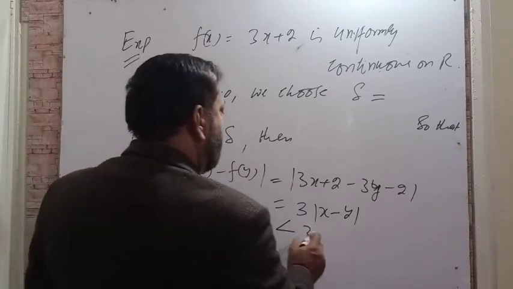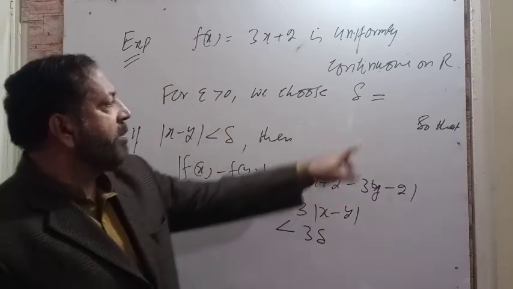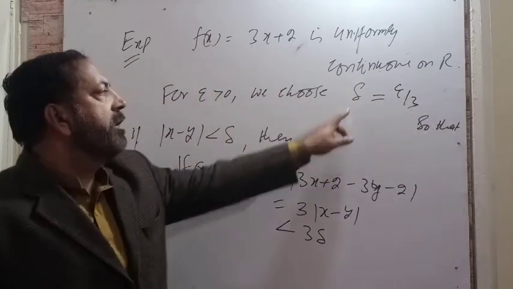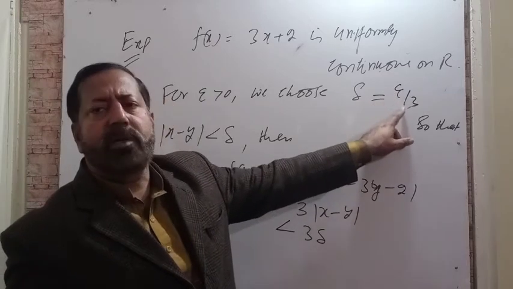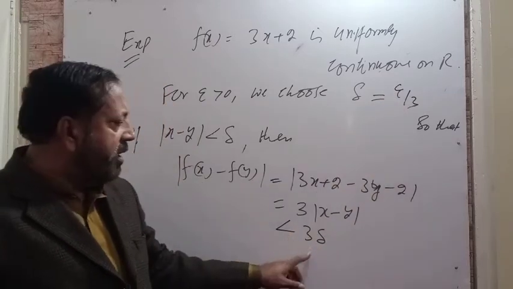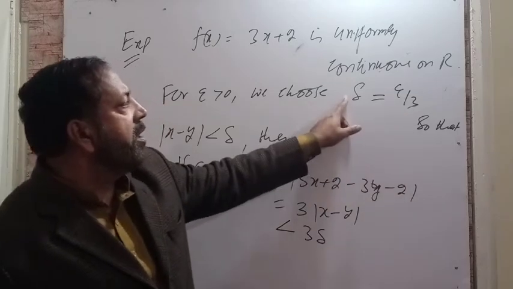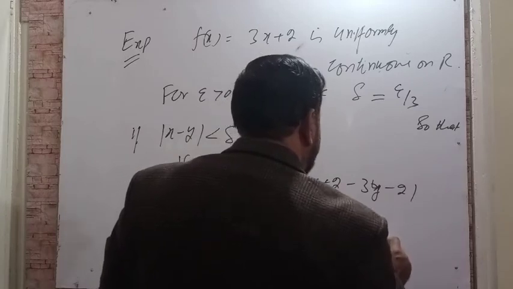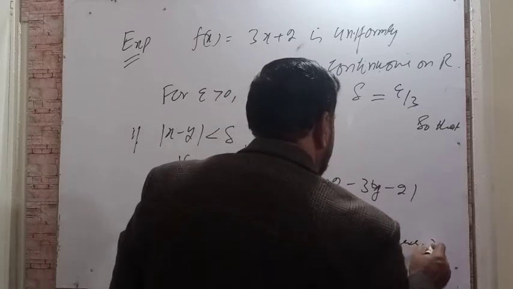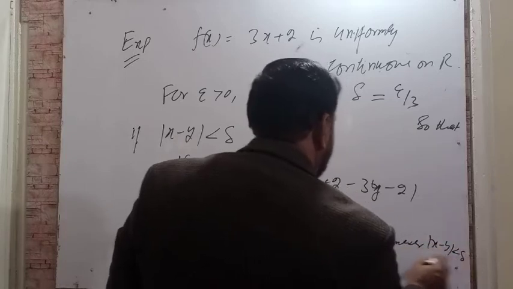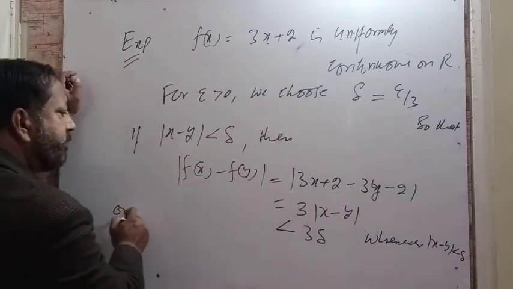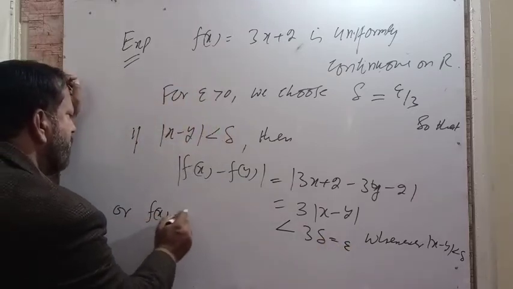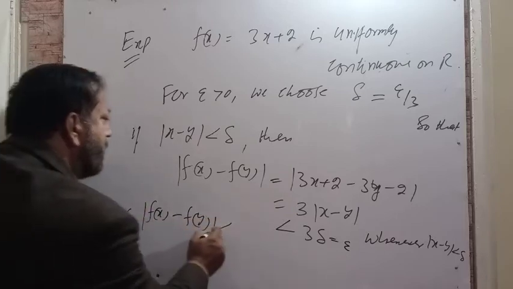This is in fact 3 delta, and if you choose delta equal to epsilon by 3, or delta less than epsilon by 3, then this will solve it. Since 3 delta equals epsilon, |f(x) − f(y)| is less than epsilon